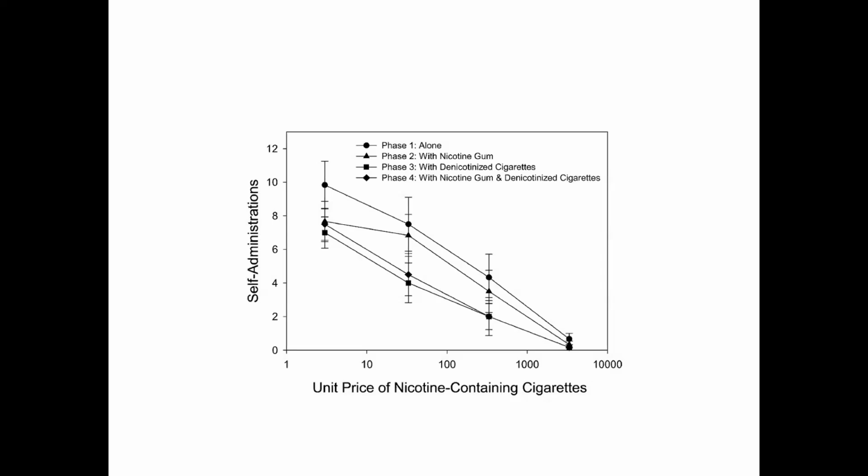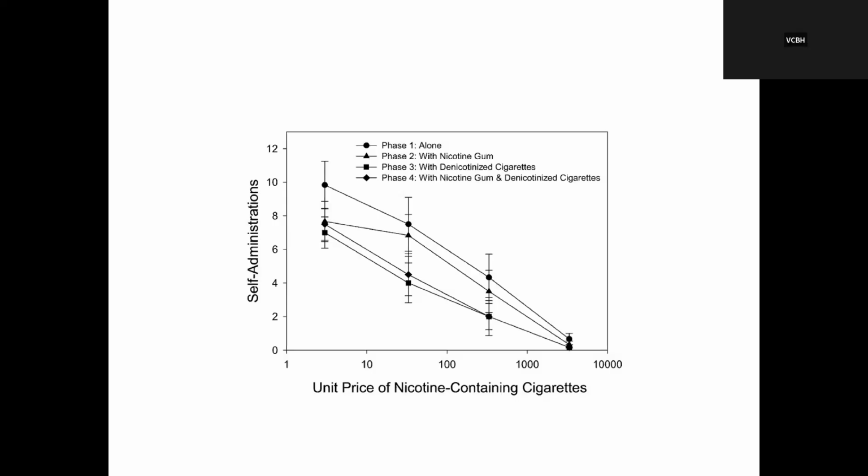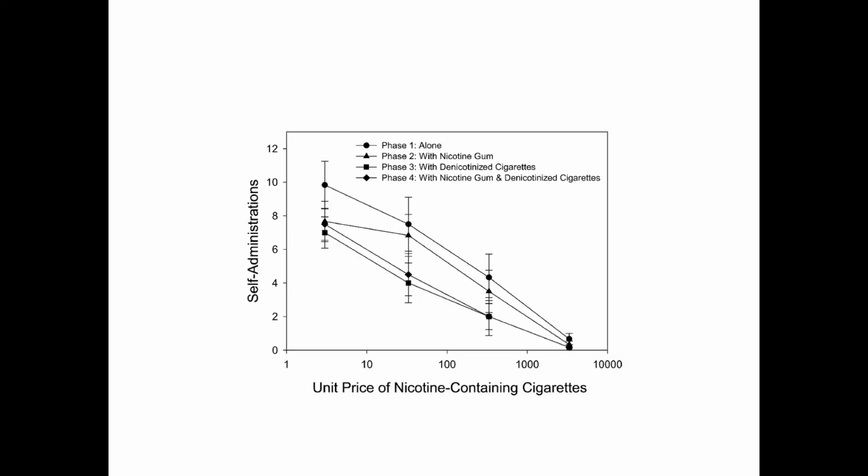And you can see that both of those phases, phases 3 and 4, where denicotinized cigarettes were available, whether or not gum was also available, those were the sessions that saw the largest decreases in full nicotine cigarette consumption, suggesting, again, powerful substitution. So more recently, a couple of years ago, my lab published this using the same basic paradigm